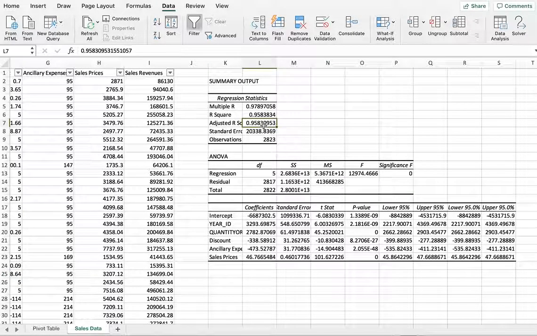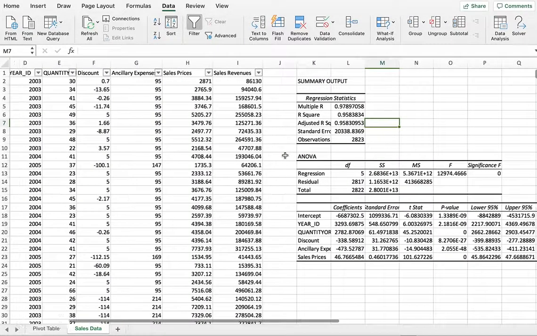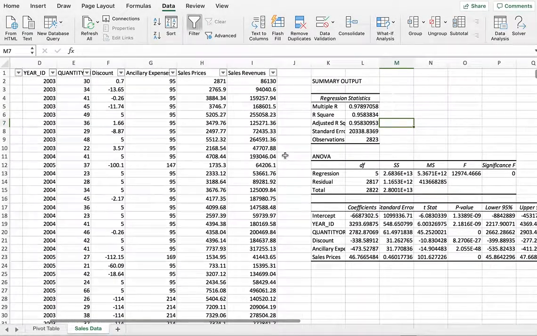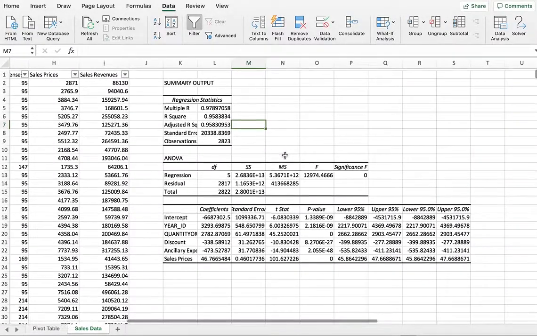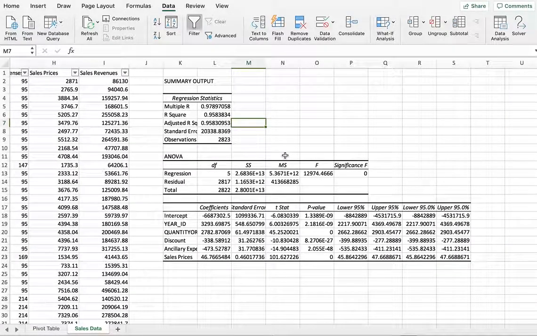So firstly, look at adjusted R-square, mainly because it takes care of things such as correlations and all that stuff, and multicollinearity oftentimes. So better to take a look at adjusted R-square. Now, adjusted R-square in this case basically means that all of these things, such as year, quantity, discount, ancillary expenses, and sales prices,